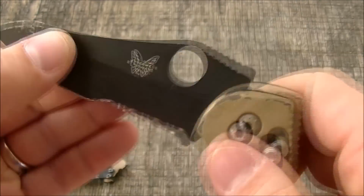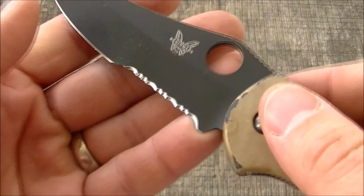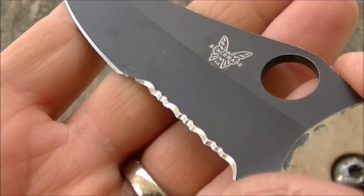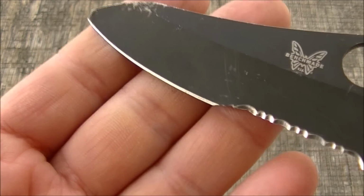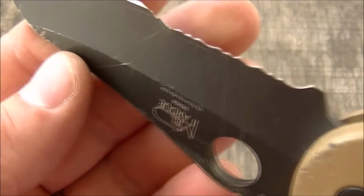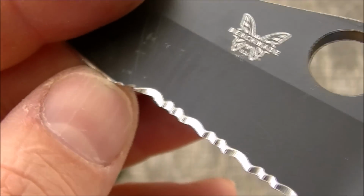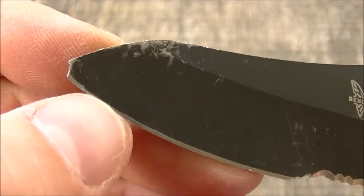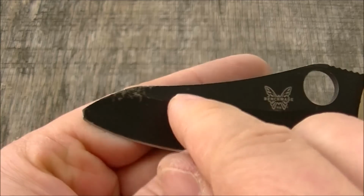Make a nice little beater knife. I'm kind of in the minority who thinks a serrated edge, partially serrated edge, is pretty useful. If you can keep them sharp, I like them. I don't prefer them. I would prefer a full serrated edge over partially serrated, but I don't mind it, especially for a work knife. That's going to be a little bit tough to clean up, but I don't think I'm going to take off a bunch of edge here. That'll be for another video. And fixing this tip will be for another video too, but I'm just going to bring this top